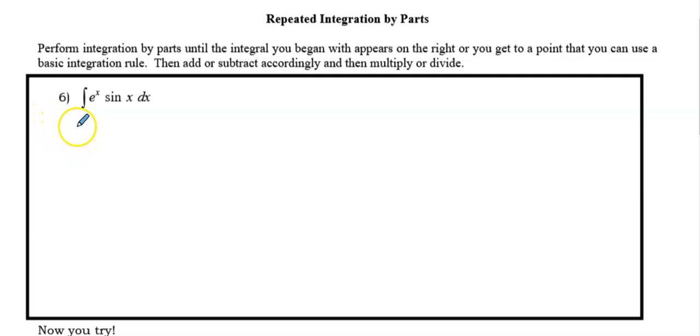We're in lesson 33 where we're continuing on with integration by parts. So in this particular video we're going to talk about repeated integration by parts. This means that when we do the integration by parts formula, the integral that's left is not easily integrated. So let's start by what we've been doing before and figure out what our u and our dv